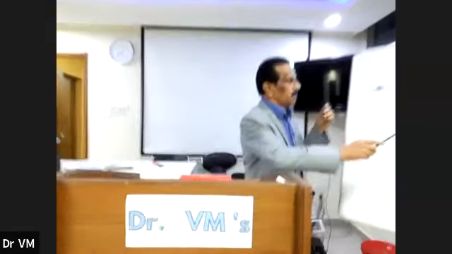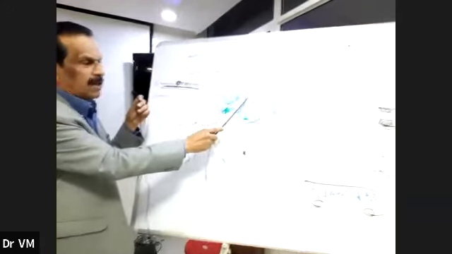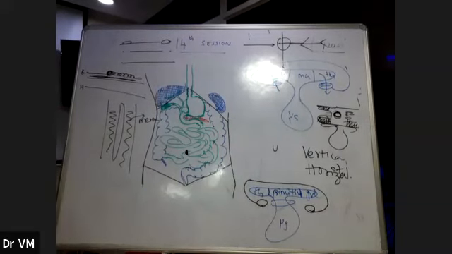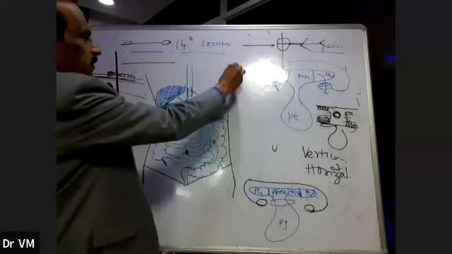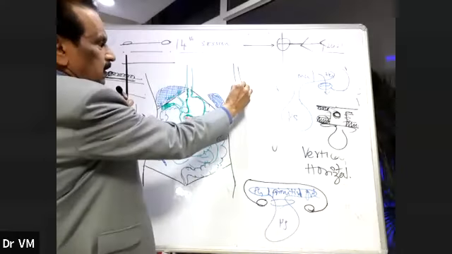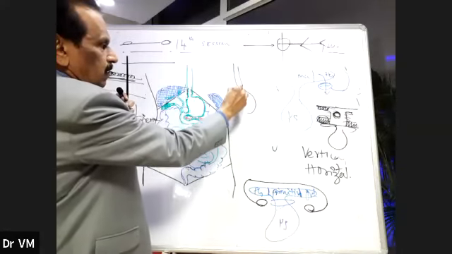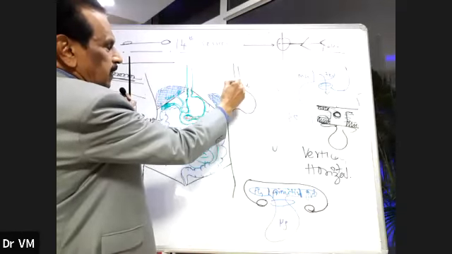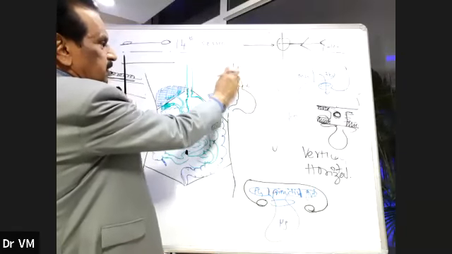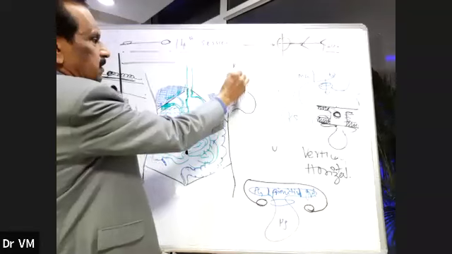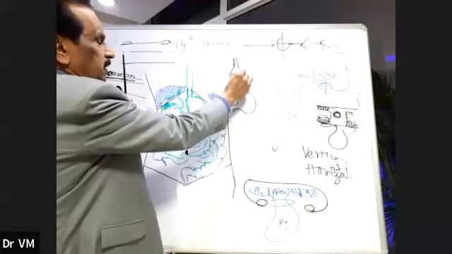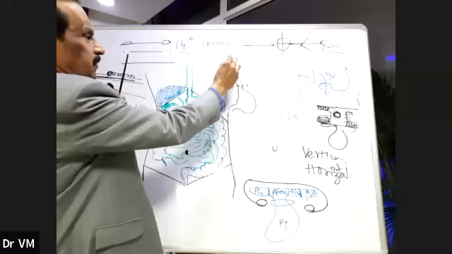So the lower end of the esophagus fails to relax. It will be something like this. Here the relaxation is impaired, so the proximal portion of the esophagus gets bulged out, something like that. So there will be stasis of food contents here, with retrosternal discomfort and difficulty in swallowing.